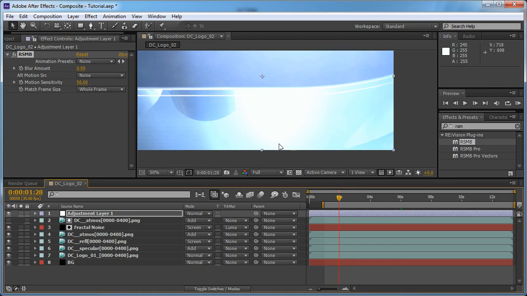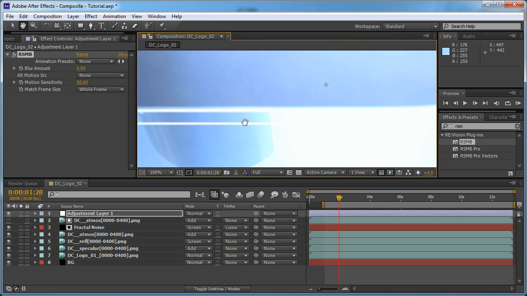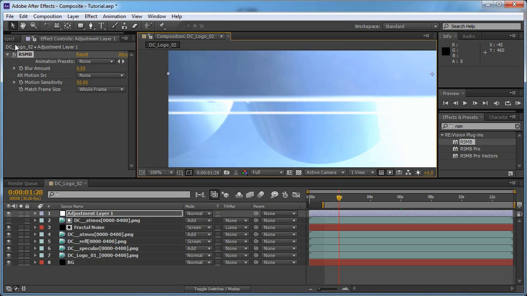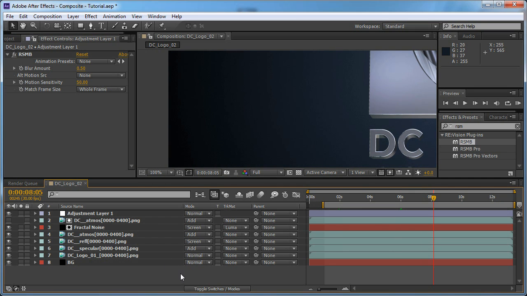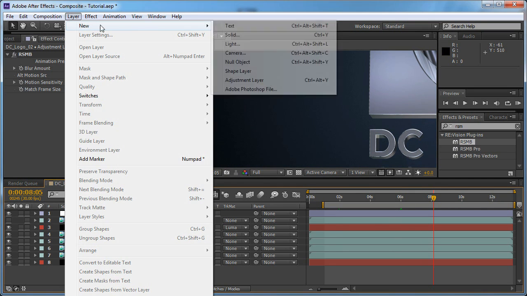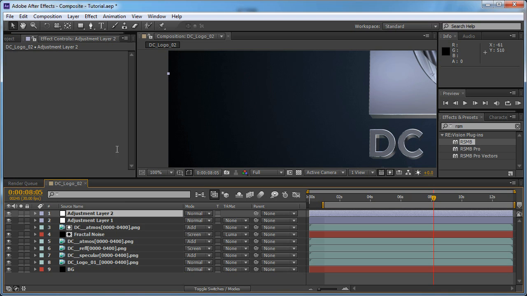The movement isn't that fast, but at this frame here you can see if I turn off the motion blur, the image is perfectly sharp, and if I turn it on, it has some motion blur, and I like it that way. So I'm going to keep the motion blur, and let's create a new adjustment layer